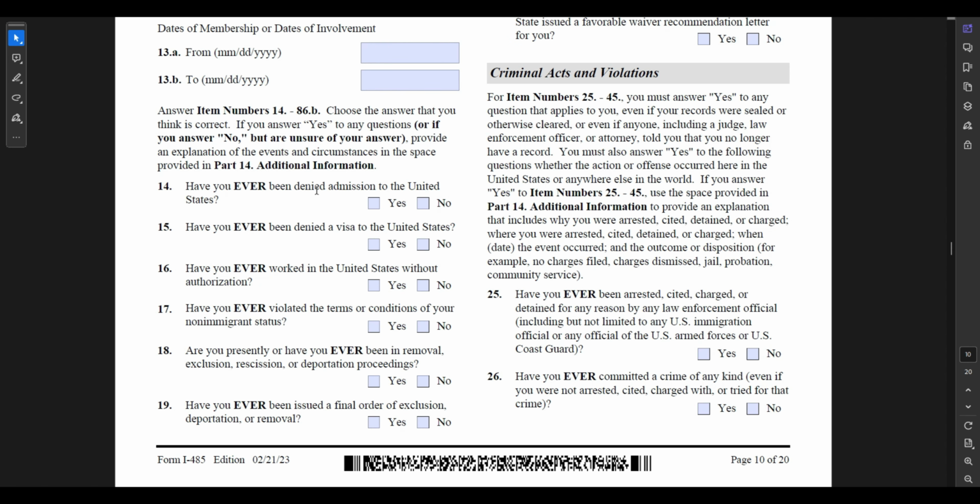If you have ever been denied admission to the United States, meaning if you have ever been actually at the border or you arrived to the United States and they denied your admission, you will have to answer yes. Let's say in our situation it's no. Have you ever been denied a visa to the United States? Now, this is asking if you have ever just applied for a visa overseas, for example, and your visa was denied. If, for instance, many years ago you applied for a tourist visa and it was denied, you can answer